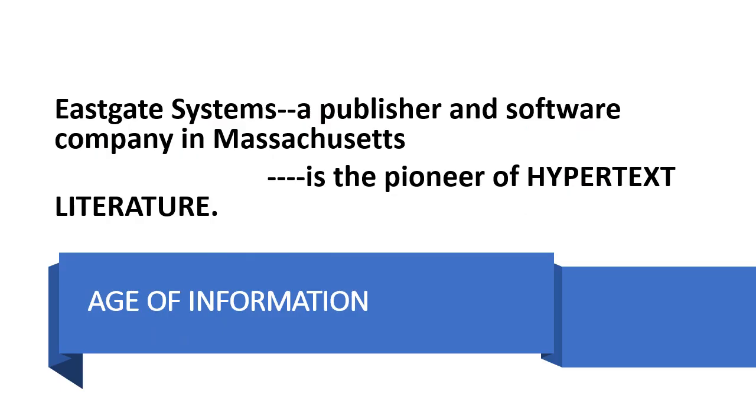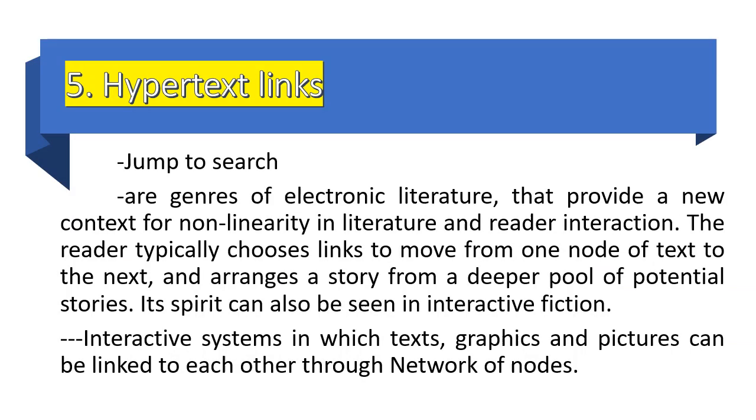Because we are now in the age of information, the exploration of digital technology is presenting literature in different hypertext literature. And this Eastgate Systems is known as a publisher and software company in Massachusetts. This is the pioneer of hypertext literature. When you're facing your computer and when you're online and you can see jump to search, that is an example